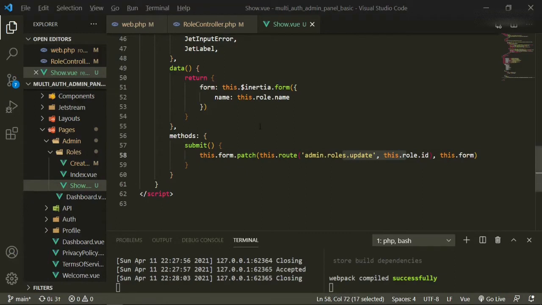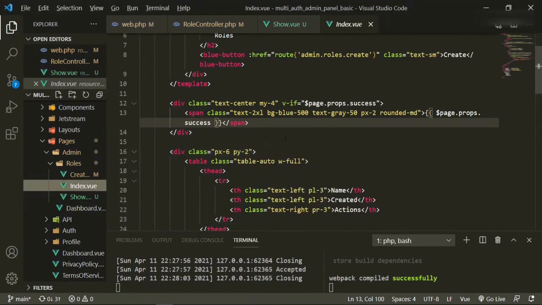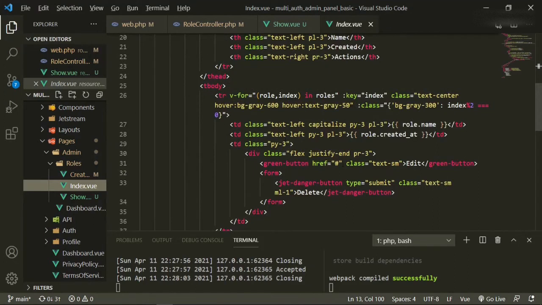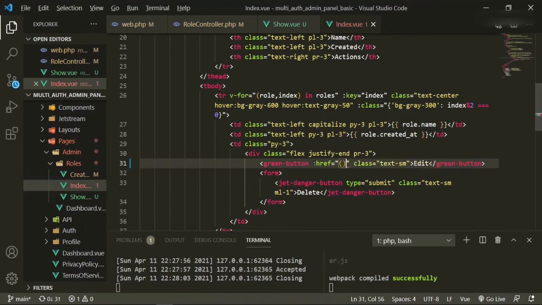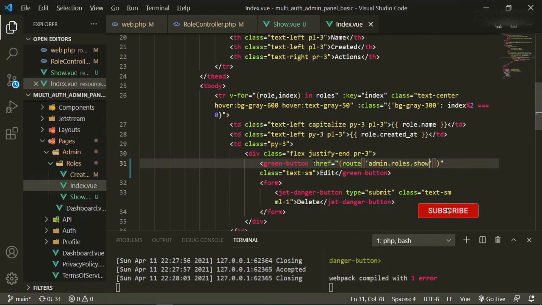And before we go to the browser, let's go ahead to the index page and add that route to the button. Okay, so we'll open this up. This green button here should now be href equals route admin roles show, and then we also need to pass in the role ID, and that should be good.